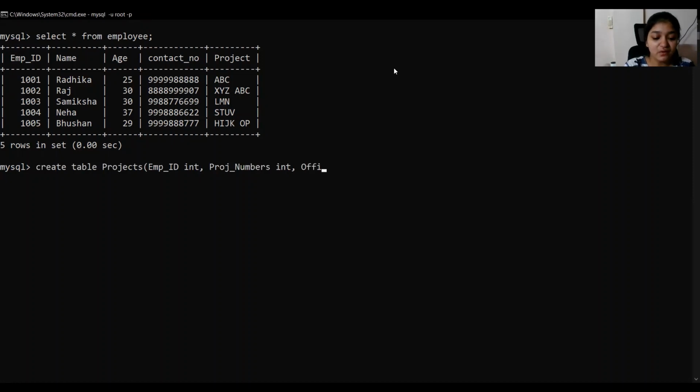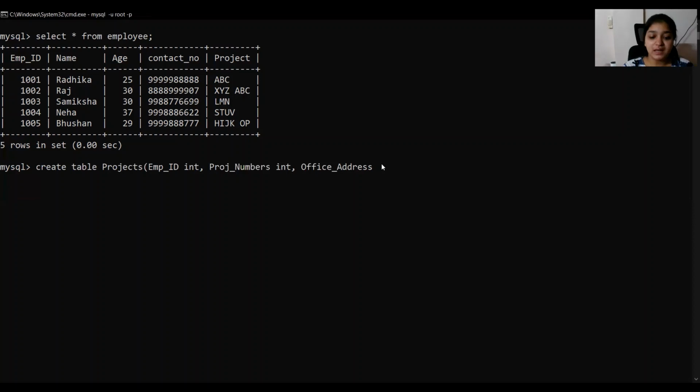And let's have office address. So like there are organizations which have offices at different locations, like one office at different locations. So for that we will specify office address, that all the employees in our table are from which location.